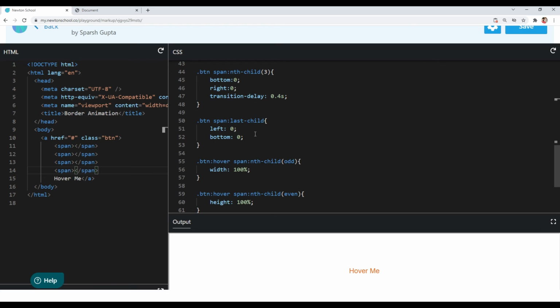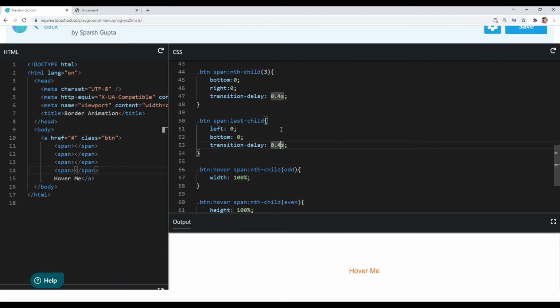So the total transition delay for the fourth child will be 0.4 plus 0.2, that is 0.6. You have to understand this point about when we have to start the animation of our elements. If you are unable to understand, just go back in the video and watch it again, and I bet you will surely understand the point that I want to explain.